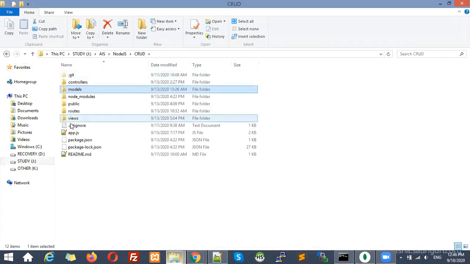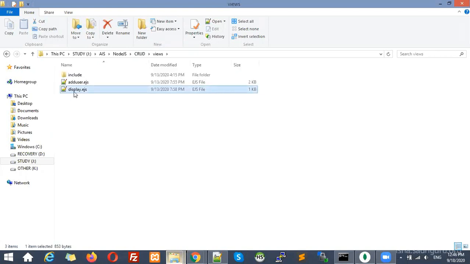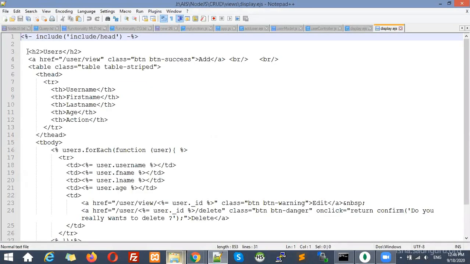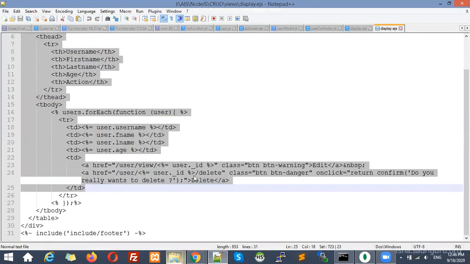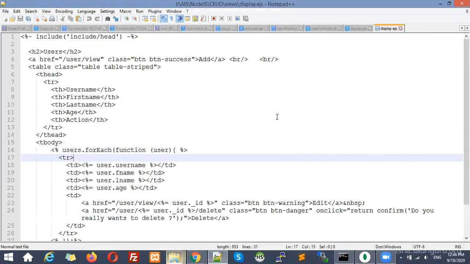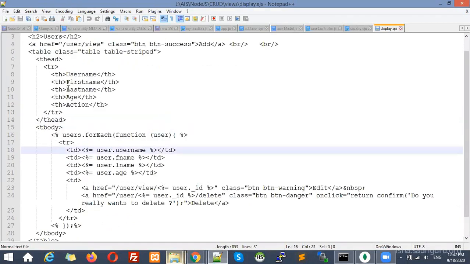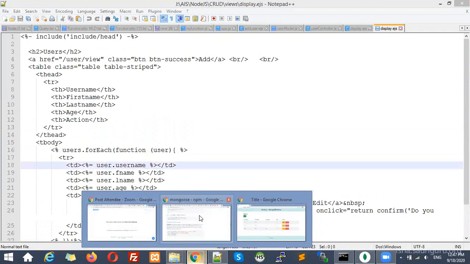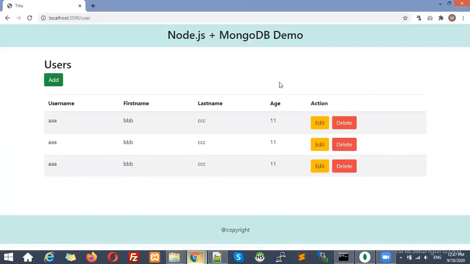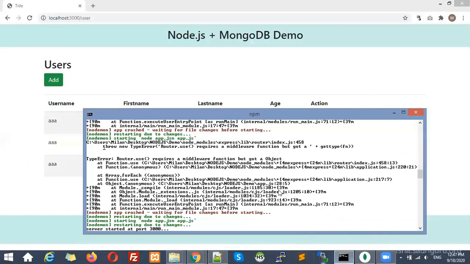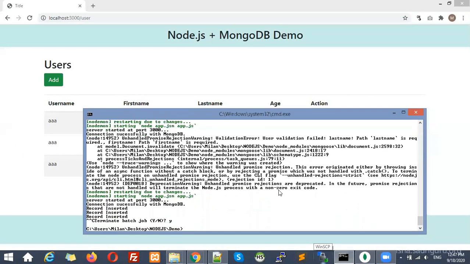Like here you can see, this is a CRUD project that I have explained to you first. Here you can see the view folder. There is a display file. Inside this one you can see the display HTML code. The only difference is what I have done in between, I have used this code. In the table here you can see the output of that page, right? And let me run that application instead of this one so we can get a better idea.